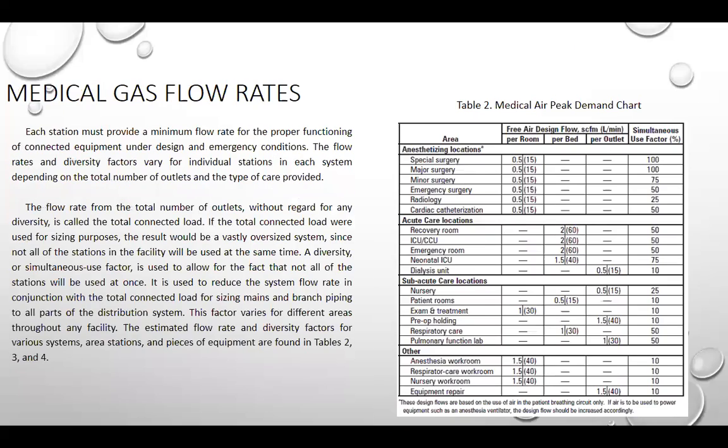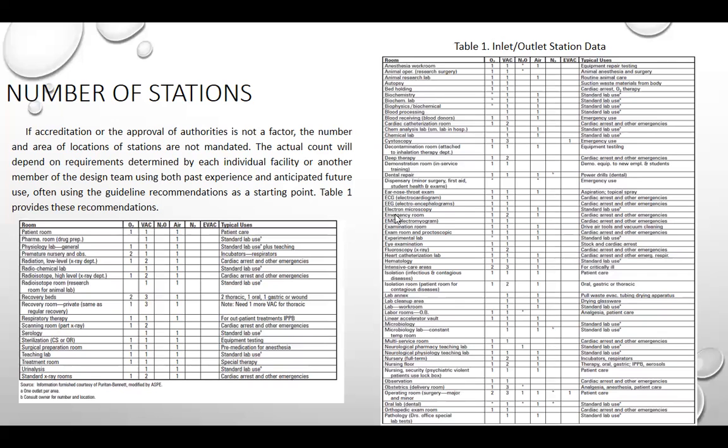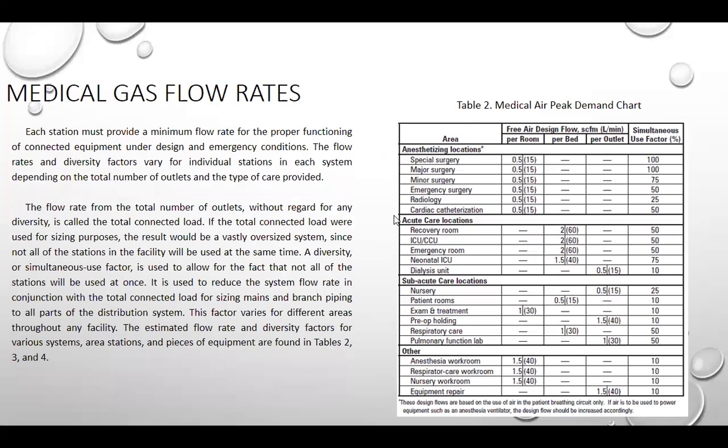So, next is the station of the outlets. Once you've seen the outlet, you locate it in the room, above the bed, determine, let's sample. So, what about the flow rates? This is the medical gas flow rate. So, for all medical gas, each station must provide a minimum flow rate for the proper functioning of connected equipment under design in emergency condition. So, the flow,